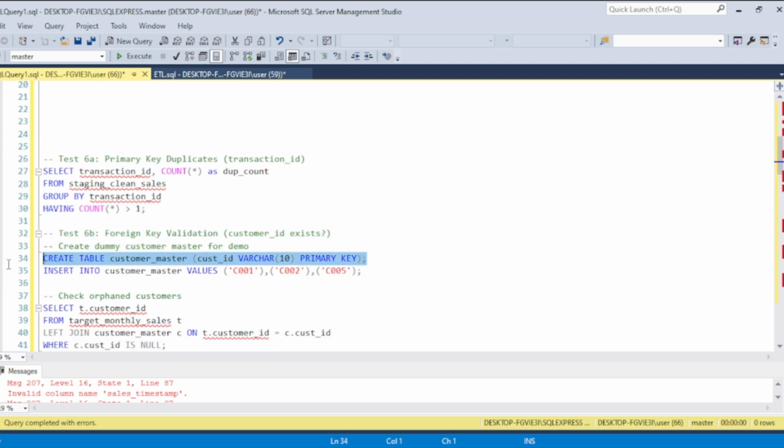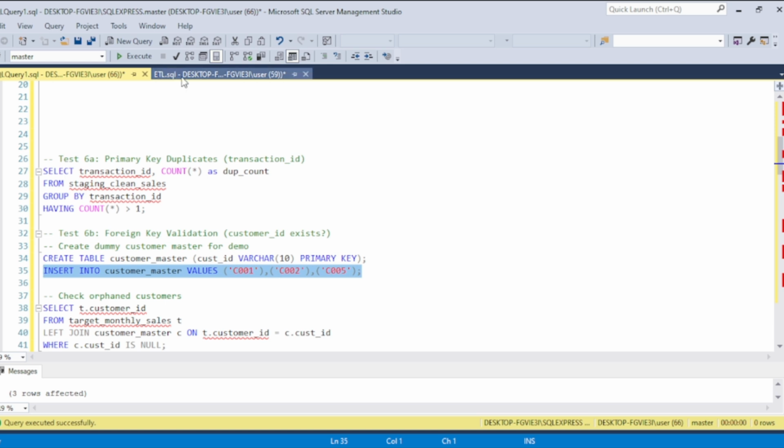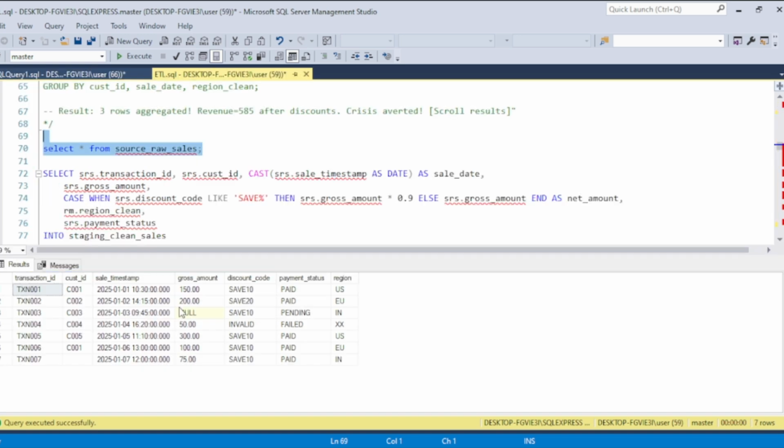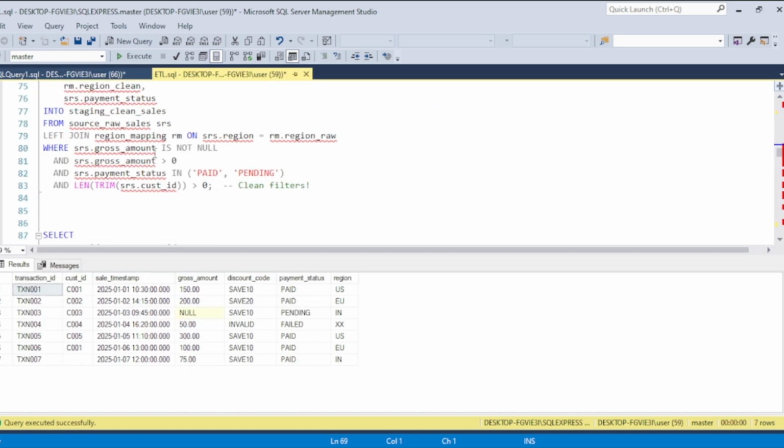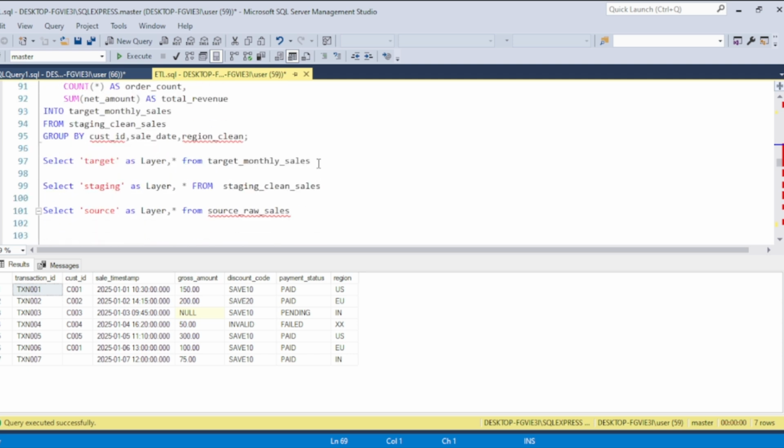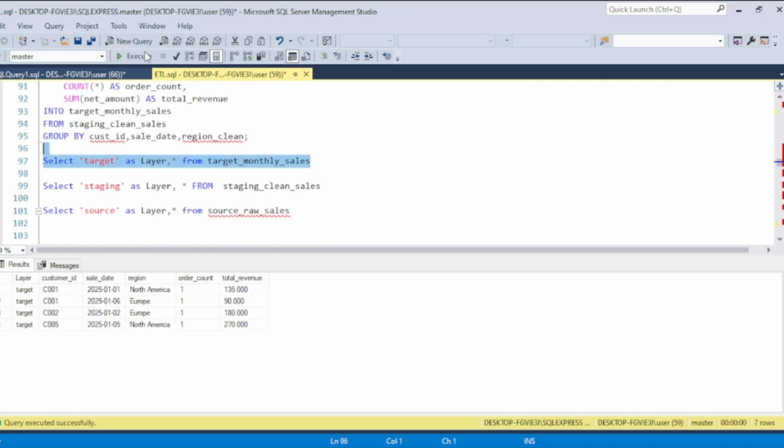So I'm creating this table. Now we know the purpose of this. This completed successfully. Now I will enter the data over here. 3 rows affected. I have entered 3 customer details. If we check the previous tables, these are the 3 customer details, having 1, 2, 3, 4, 5. Now this is the source raw sales. In the target, let's look at the target monthly sales. If you see, we have only 3 customer ID details who are already valid and available in our target